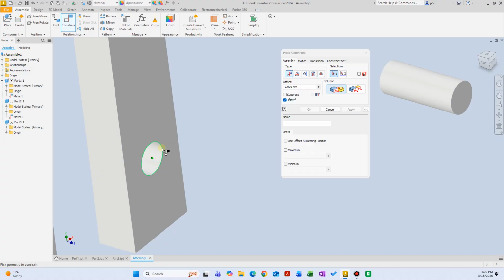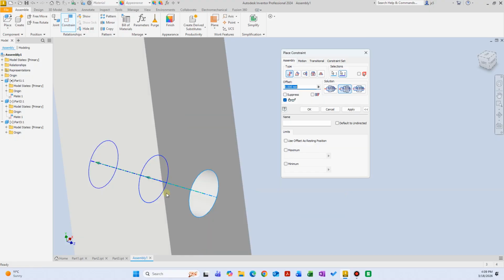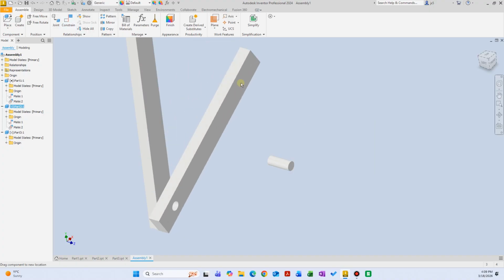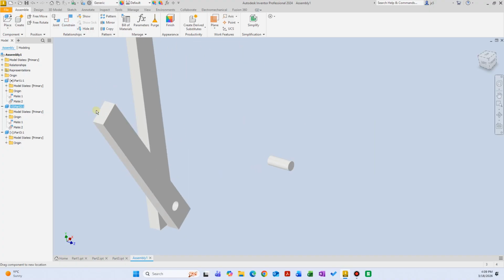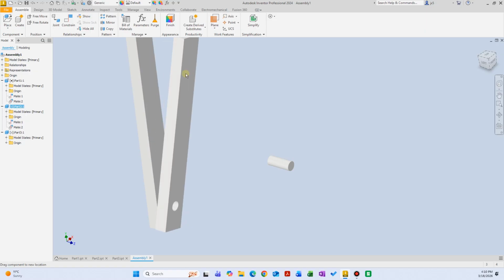And as I hover on this, not the edge, not the point, but if I come to the kind of like an internal surface of this hole, you will see that the axis of the cylinder, a cylindrical shape, is going to appear. So I can select that, and I come here. I can do the same thing for the other hole, and that will line up these holes. And let's hit apply. Now everything is